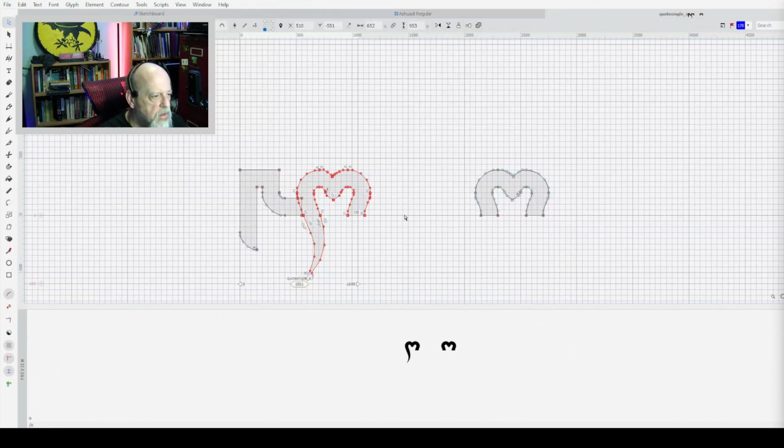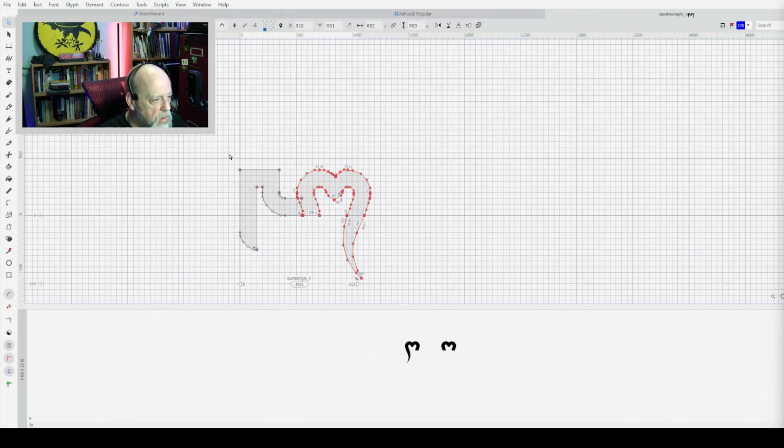So I can go back in here, get rid of that one, take this one here. No, select the whole thing, please. There. Go to Tools, Transform, Flip Horizontal. And that should be more or less the form that I want.